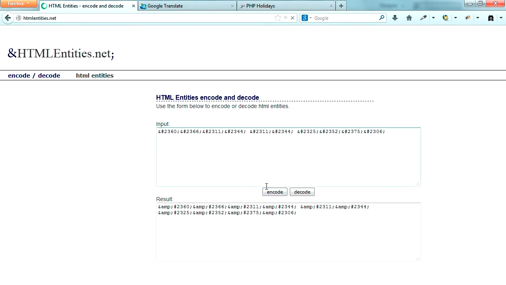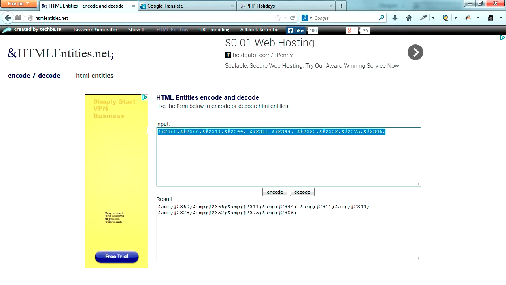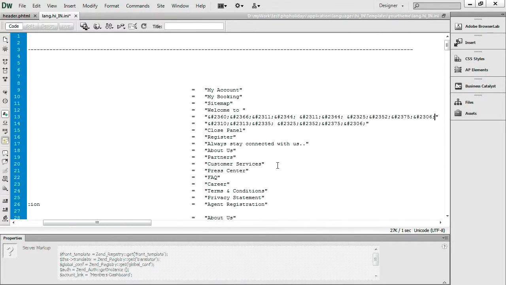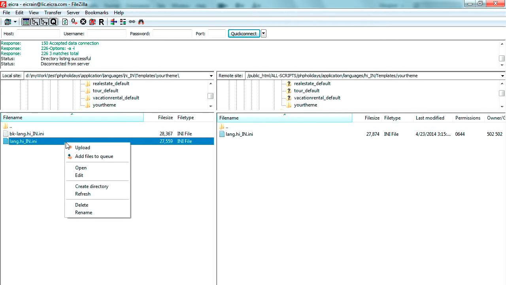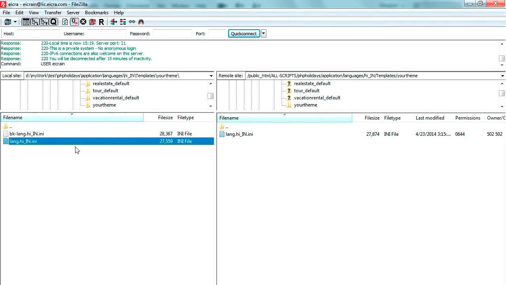I am going to encode it. I get the encode value, and now I will copy this, paste it back to our language file. On the value part, make sure the value is surrounded with 2 inverted commas. Save this file, upload it back to the server under application language,